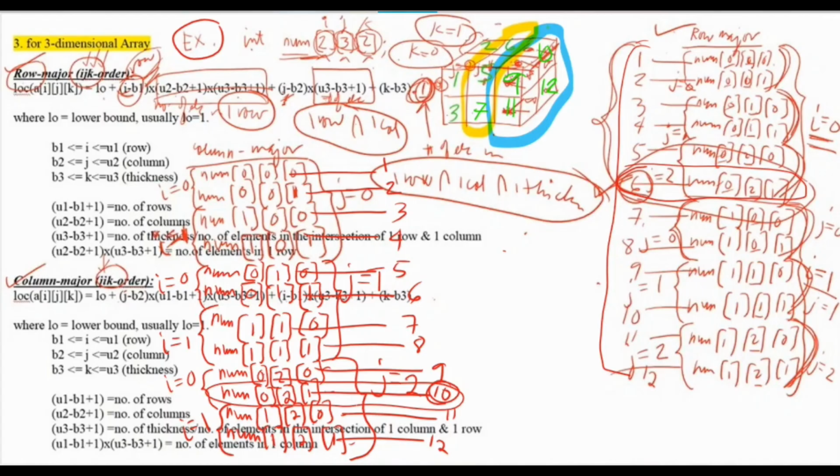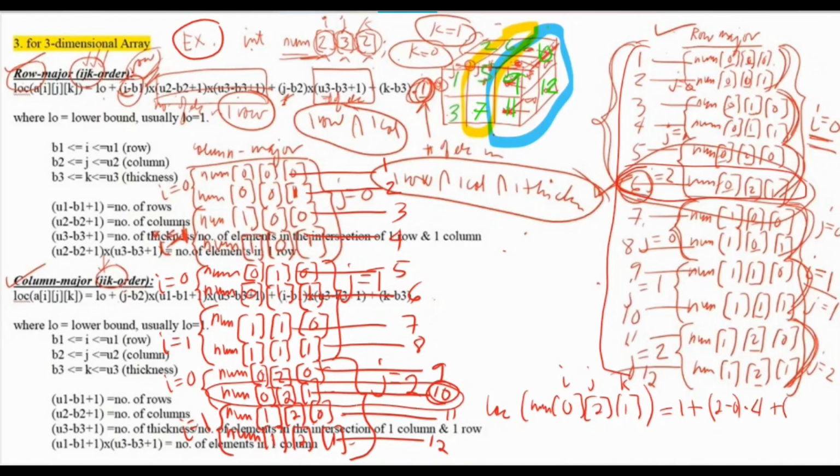So let's check if we can have a consistent value using the formula of column major order. This time, let's locate num 0, 2, 1. In the formula, that's L sub O, so it's 1 plus, our i is 0, j is 2, k is 1. So this is j, 2 minus 0, times u1 minus b1 plus 1, the number of rows, and this is u3 minus b3 plus 1, the number of thickness. So that would simply be 4